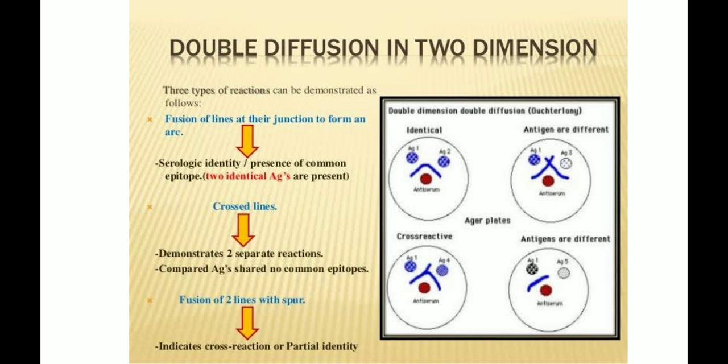So basically there are three. If two identical antigens are there, we use it for serotyping. Different types of antigens are there, so if they are completely the same, it's the same serotype, and if they are different, then these things are used. And in the second case, where antigen 1 and antigen 3 are there, they are completely different. So the bands just intersect each other, they don't have anything to do with each other. That shows that they are completely different. And if they are partially identical, spur formation is there.